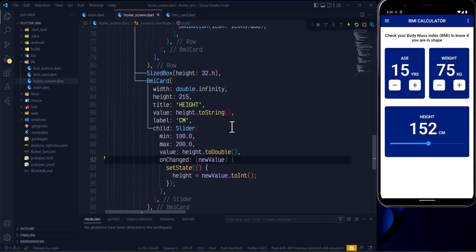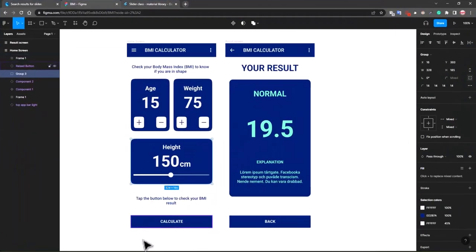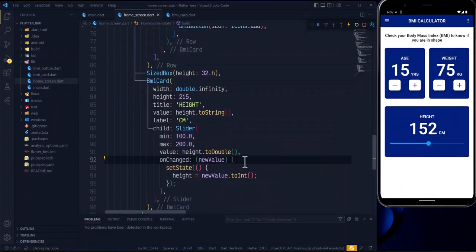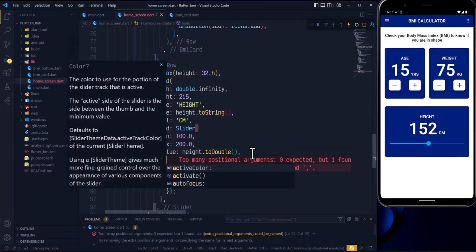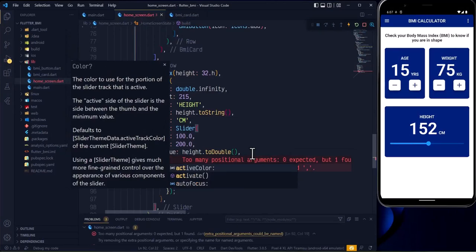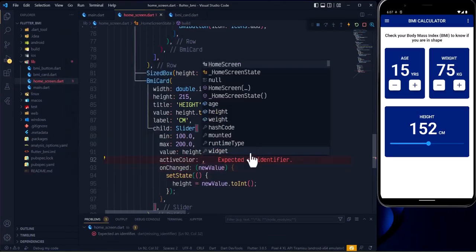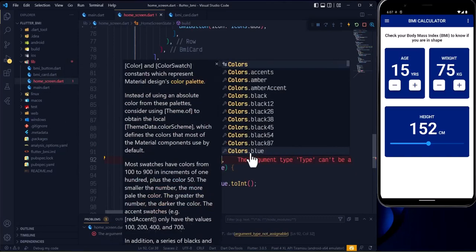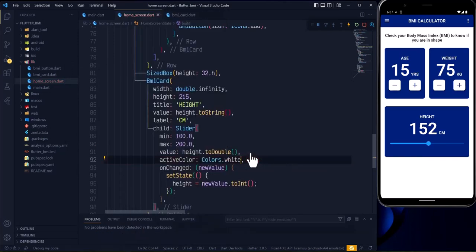Now we can customize this a little bit to meet our design spec here. Okay, so let's customize the slider a little bit. The slider does have a few things we can do. We can set the active color. Let me just actually put it in so that you see that. I'm going to say Colors dot, let's go with white for now. So this is the active color. The active color is the part,